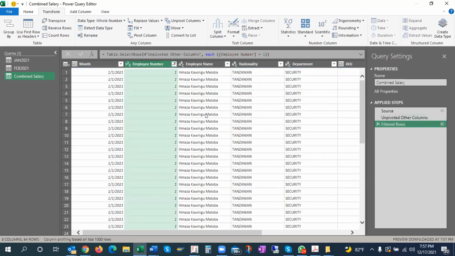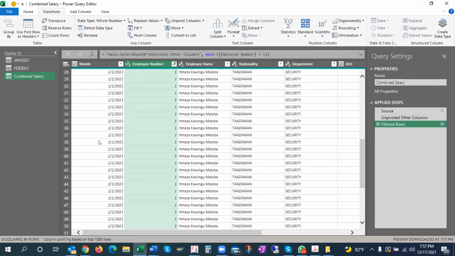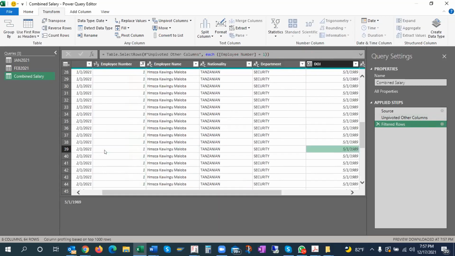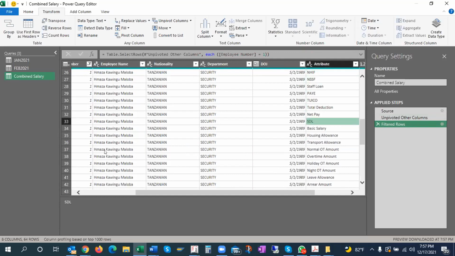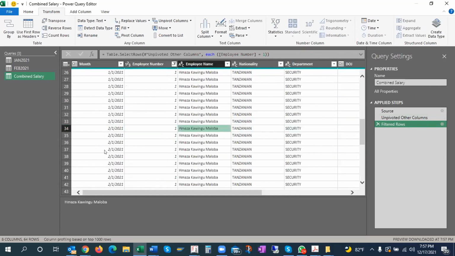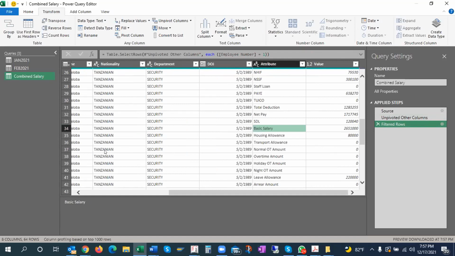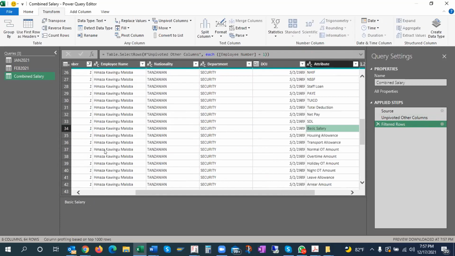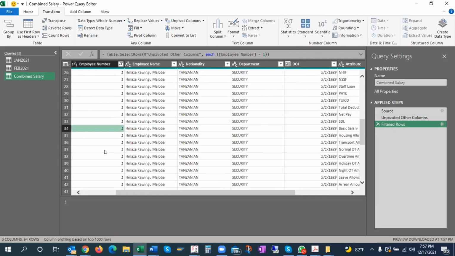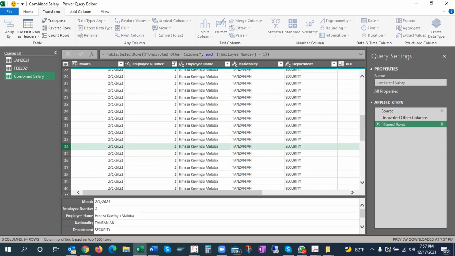I'm just selecting this data. January data as well as February data is here. February data starts from here. Now I can convert this into a pivot table, and from month I can have months in columns so that I can compare the data. How beautiful. This is called unpivoting of data.